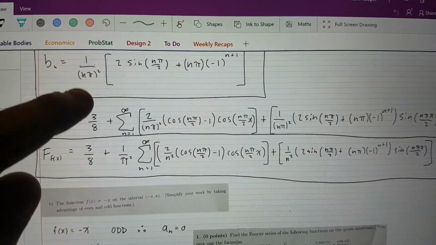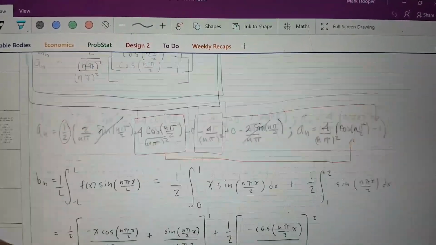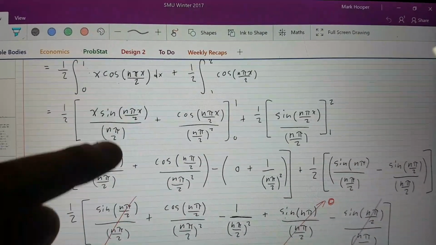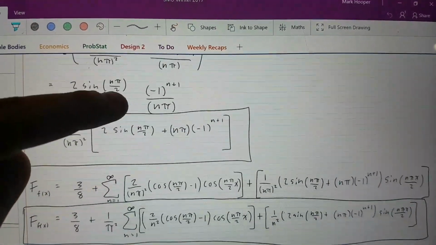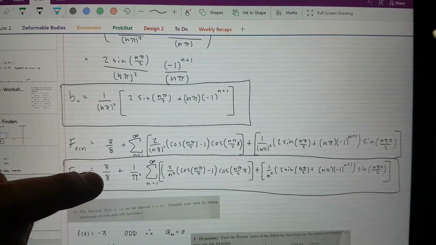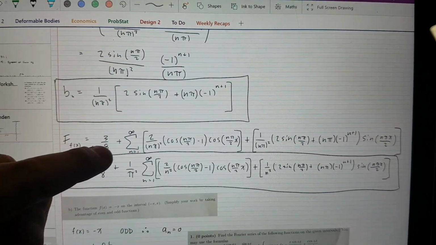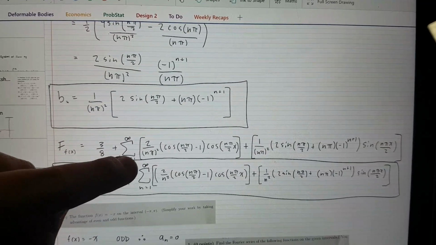So the Fourier series is going to be a0 over 2. So a0 was, oh God, 3 over 4. Sorry for the shaky cam. Okay, so 3 over 4, that becomes 3 over 8 when you divide it by 2, plus,